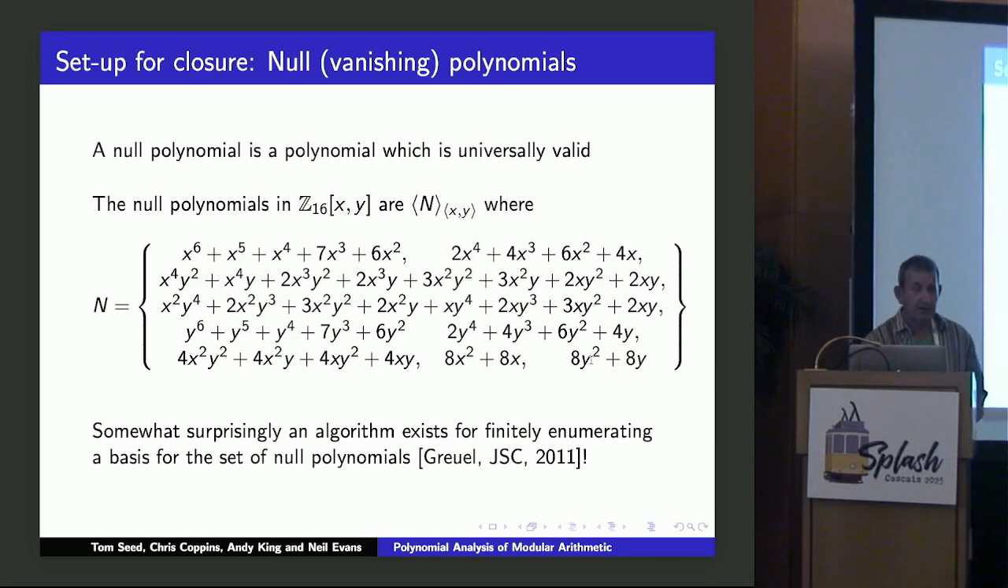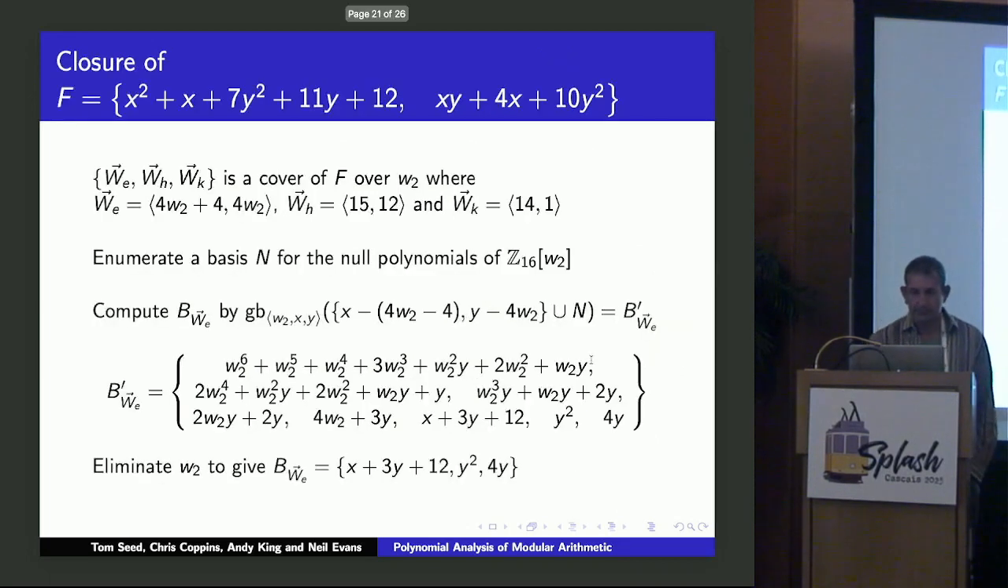And in fact, null polynomials arise in encryption, so people have studied these extensively. And there's even a way of systematically enumerating the null polynomials. And perhaps more surprising still, there's even a way of systematically calculating a Gröbner basis for the null polynomials. And we're going to make use of that. That's a paper in the Journal of Symbolic Computation. So with that in place, we've got our null polynomials, we've got our covering, now we can compute the